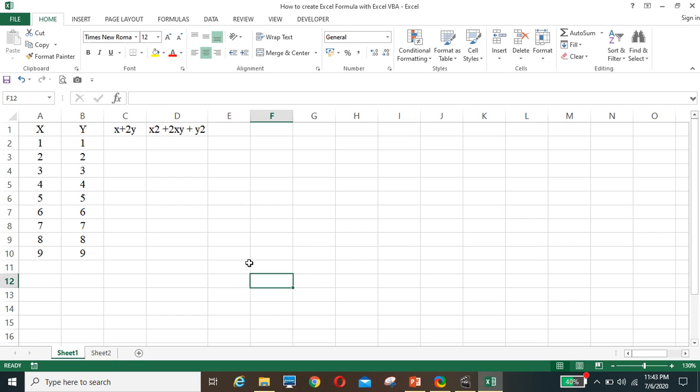Okay, let's say given the data here, X value and Y value. We want to create a formula in column C and column D. C is X plus 2Y, D is X squared plus 2XY plus Y squared. Okay, so to do this, we insert